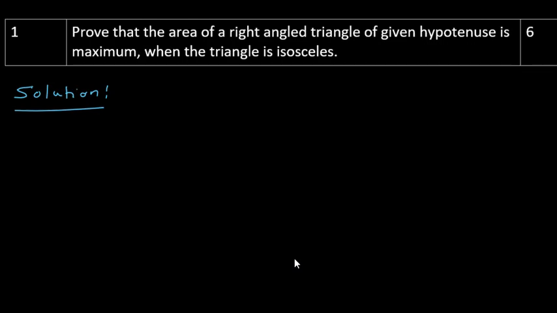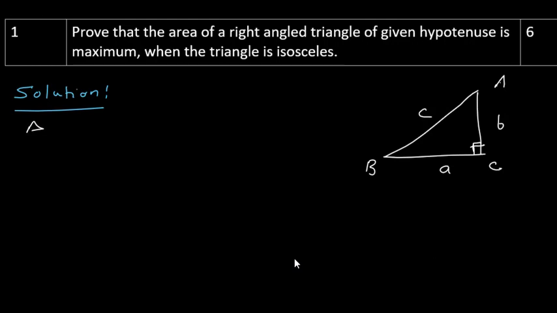Now here we have a right angle triangle. So let us draw a right angle triangle. Let us consider the sides of this right angle triangle are A, B and the hypotenuse is C. So I will call the triangle A, B, C. Okay. So the side opposite to angle C, which is the right angle, is the hypotenuse C, and we have A and B.